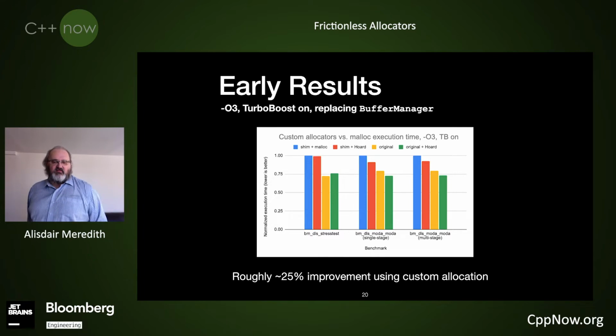But the overall performance is 25% improved, 25% faster with custom allocation, and that's like a 50% throughput improvement if you invert. I don't like these things that trend towards zero, because if you double your speed and then have tenfold the speed, the tenfold doesn't look anywhere near as impressive as the double. So, but this is a slide I got from memory.